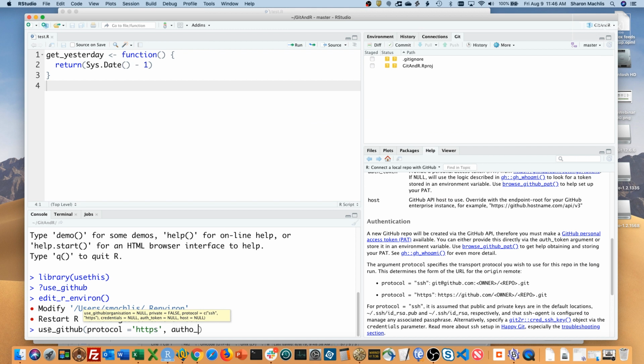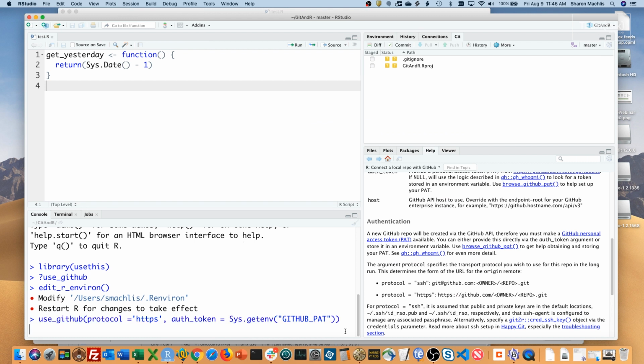And for my authentication token, I would like to use what I just saved in my R environment, which is GITHUB_PAT. Okay, so once again, it's use_github. I want the HTTPS protocol, and I want my auth_token to be what I saved in my R environment.